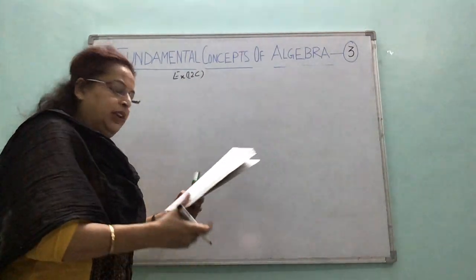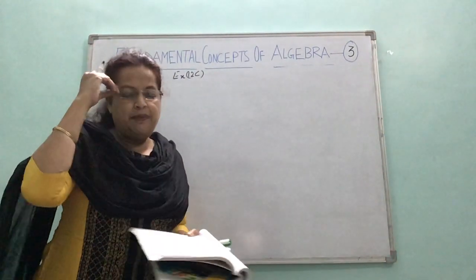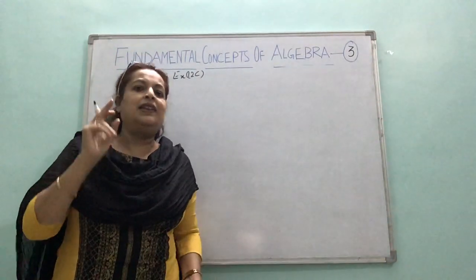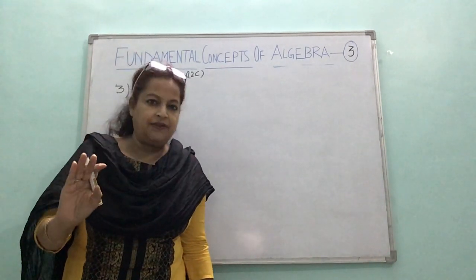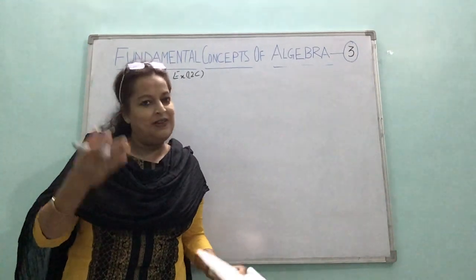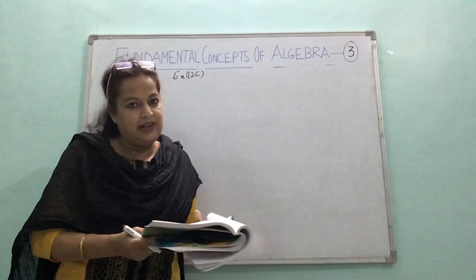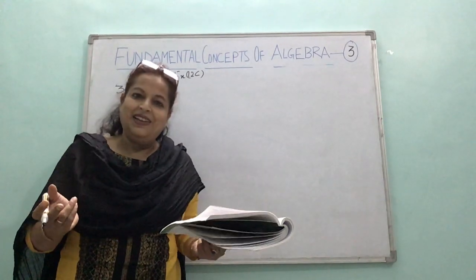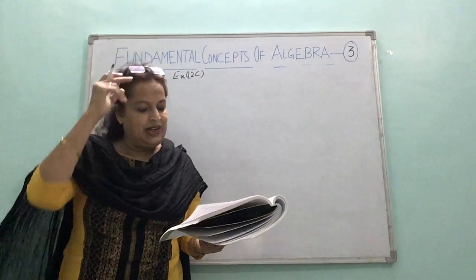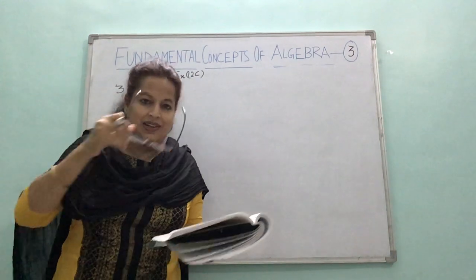So, which of the following are polynomials? Now, how do we identify polynomials? What did I tell you? See that the power, the exponent of the alphabet, should not be negative. It should be non-negative. So, first of all, we have to identify whether it is a polynomial or not, and then we have to tell its degree. So that would cover all the different types of questions which are there.